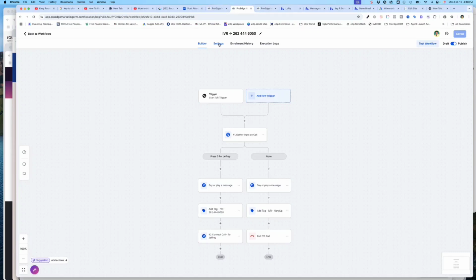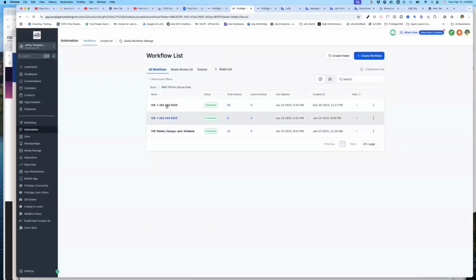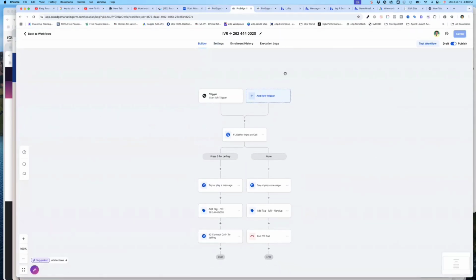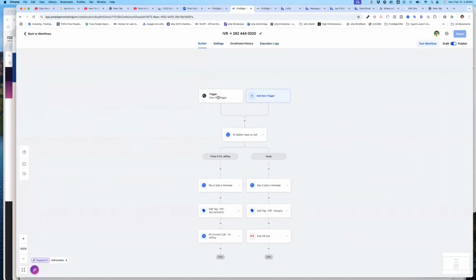Bob, is that per line or is that for the account? For line. Okay. So basically I built this out for both my numbers. So here we'll look at this. This one, 30 people have gone through it. The execution logs are helpful. But basically they come in,